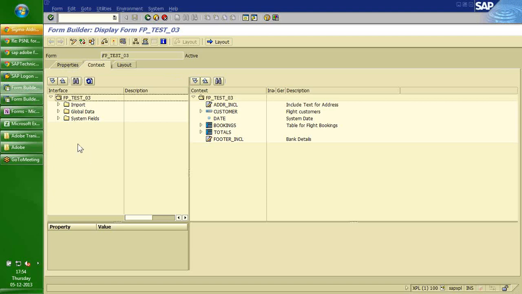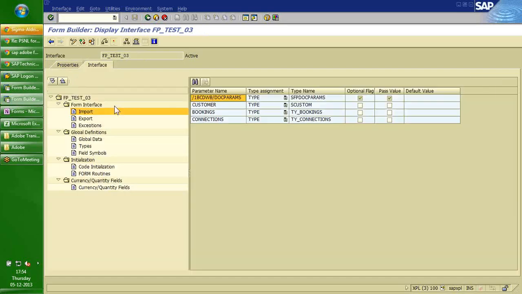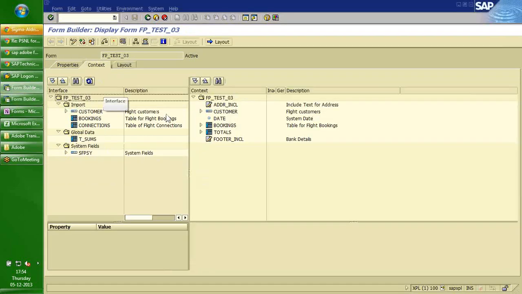If we see here the context, the parameters we see are nothing but from the interface. Let me go to the interface. I'm double clicking on that. It will take me there. If you see here, there are import parameters, customers and bookings and connections. The left panel we see here is nothing but the interface